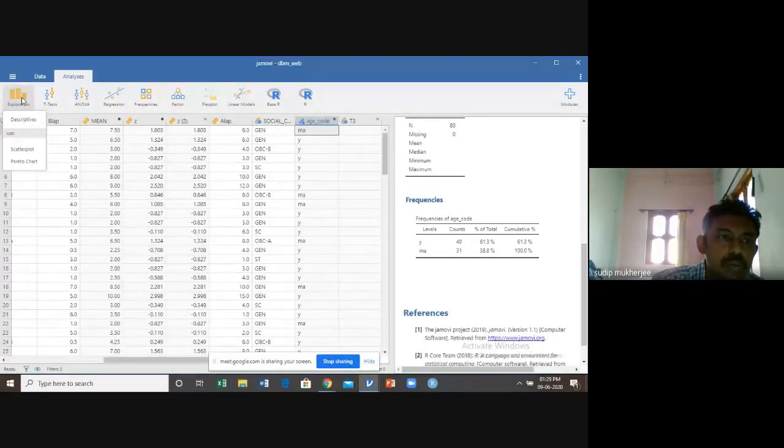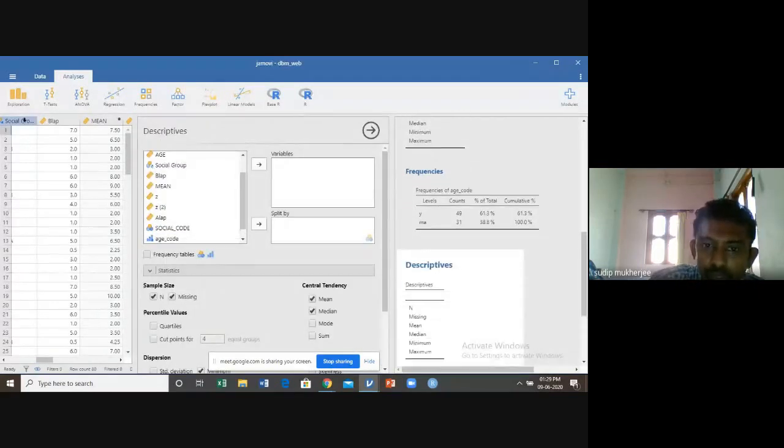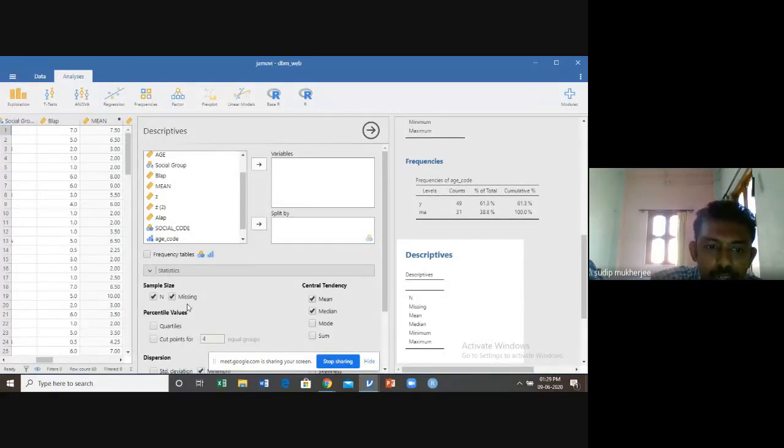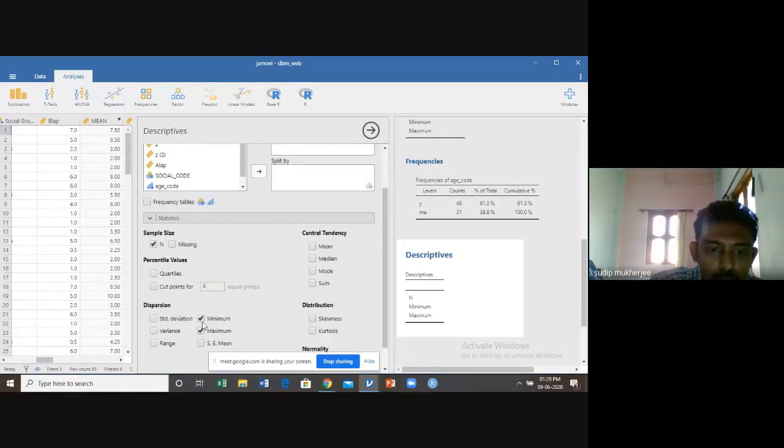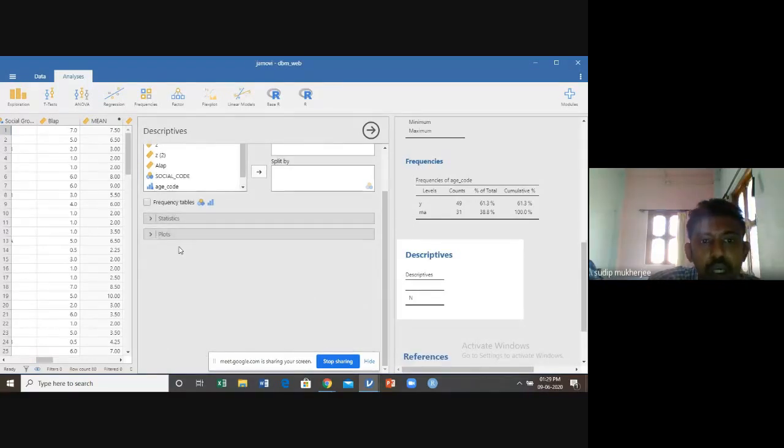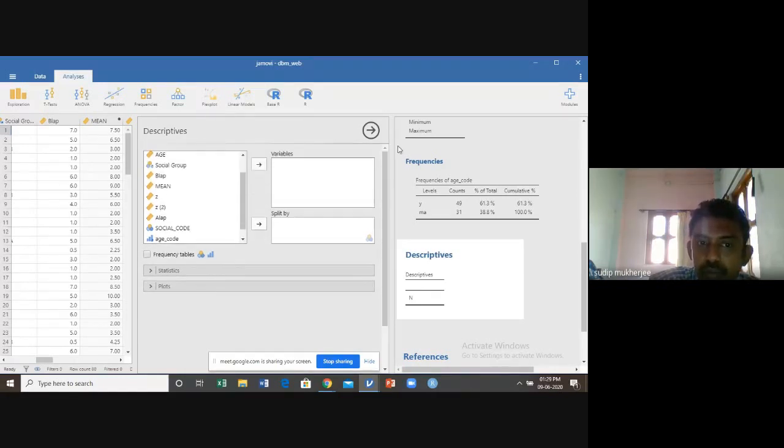Now we try to show you how you actually use illustrative statistics, that means the graphical representation of your data sets. So just click on descriptive. You just click on plot.